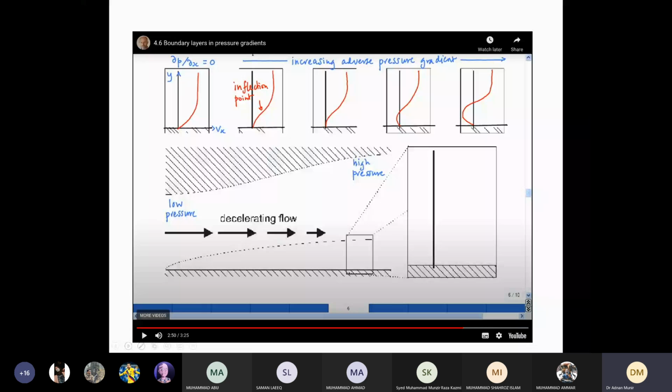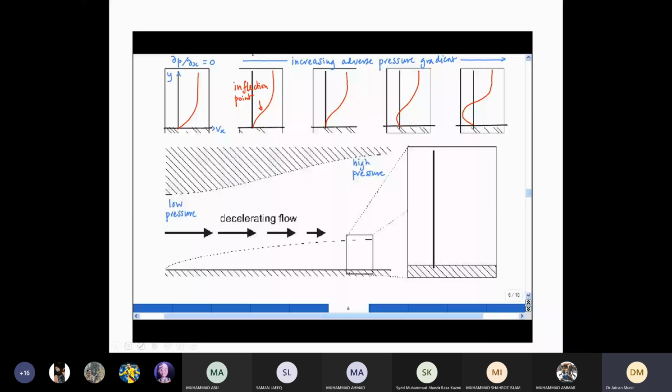So you can clearly see that in the last profile shown on the right, this is the inflection point, and then we have reverse flow acting at this point. So this flow reversal is responsible for flow separation. And I'll draw that again at the bottom. Outside the boundary layer, the flow reaches the free stream velocity v. At the wall, by the no-slip condition, the velocity is 0.